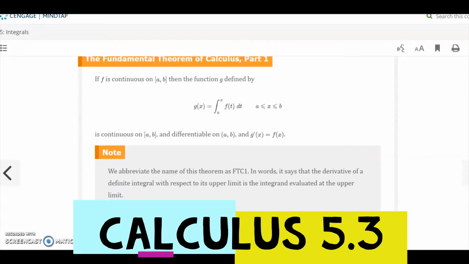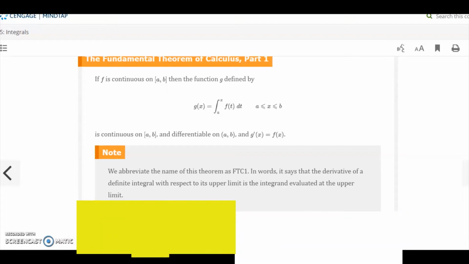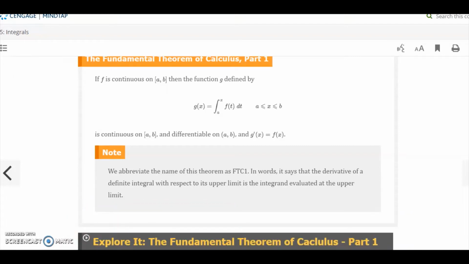All right, hello everybody. Welcome to calculus, and we're going to be talking about section 5.3, which goes over the fundamental theorem of calculus. And as the name clearly emphasizes, this is a very important theorem. It's fundamental. It's one of the most important theorems of calculus, and we're going to go over part 1 and